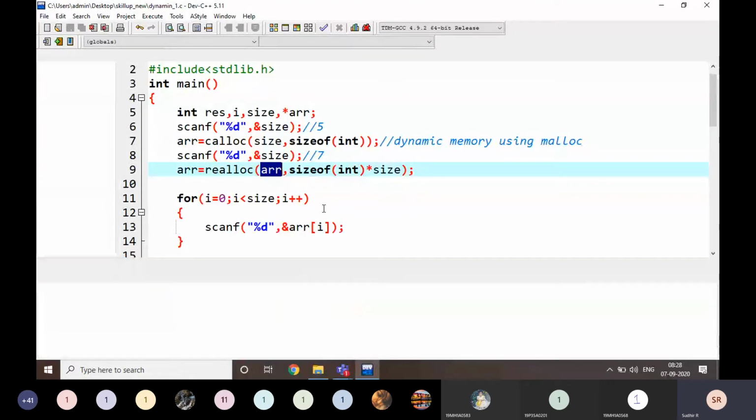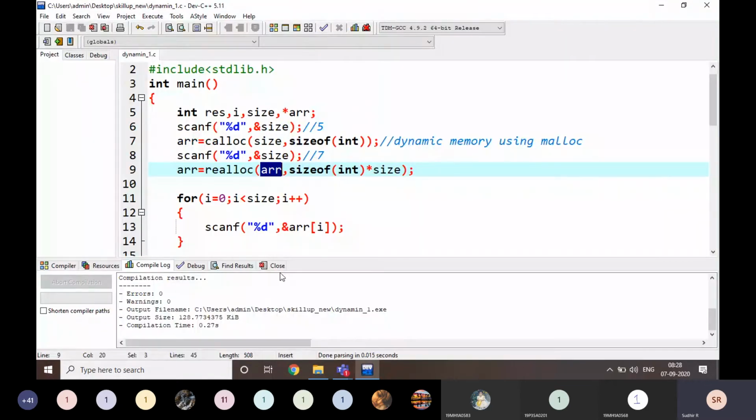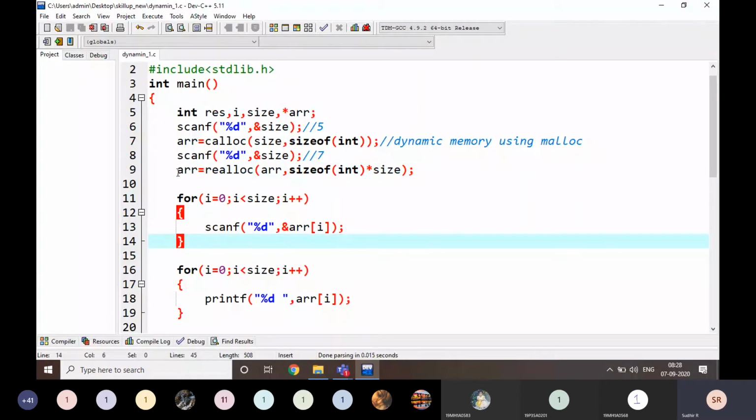That's it, nothing else. If I execute it, initially I add 5 values, then I ask for 7 values: 1, 2, 3, 4, 5, 6 and 7. It is going to print all the 7 values. This is the way to reallocate the memory.